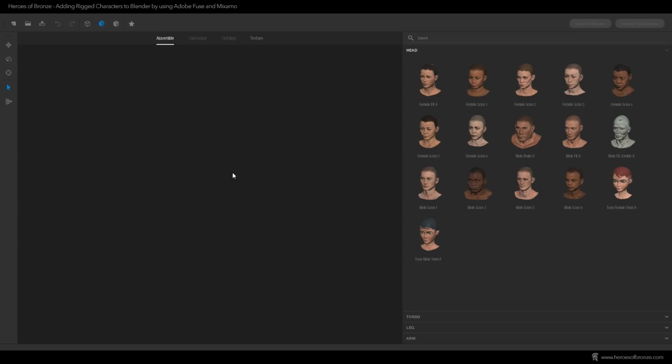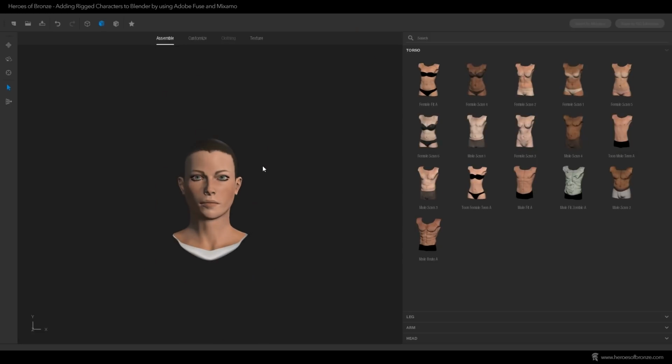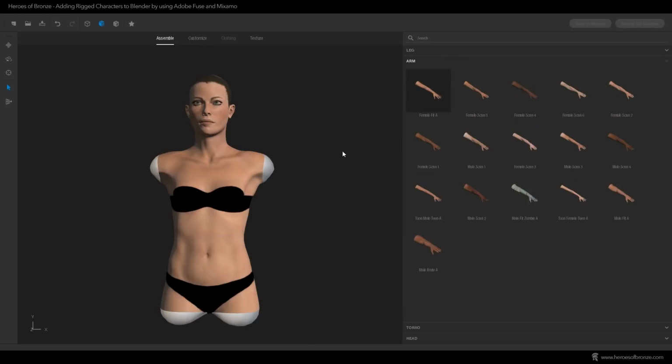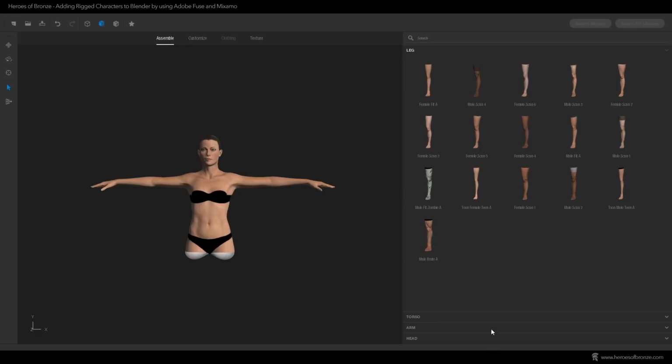Alright, here you can already see the interface of Fuse. And if you've ever played the game The Sims, you'll be right at home with this editor. All we have to do to start is select the head you want and then continue down the stack, choosing different body parts from which to build your character. The first one is always the recommended one for the head you've chosen. And even though there's not too many presets, there are enough different body types to assemble any human you wish.